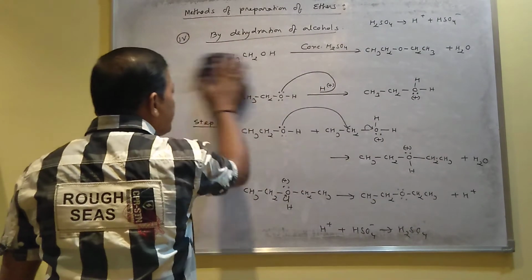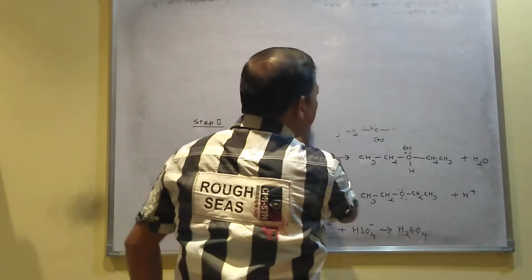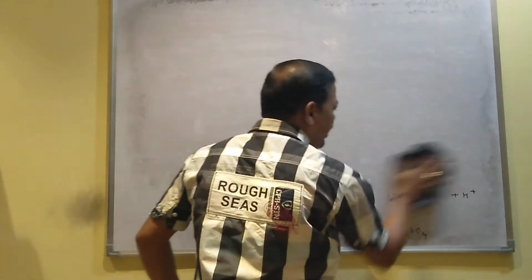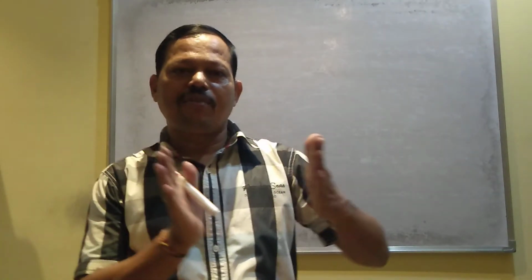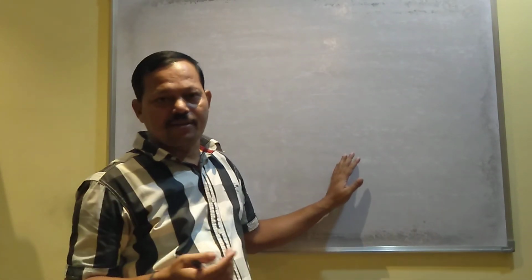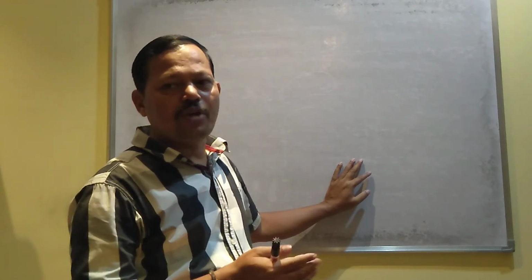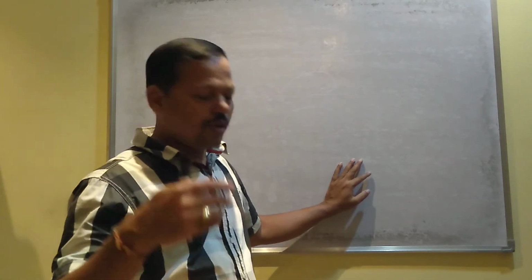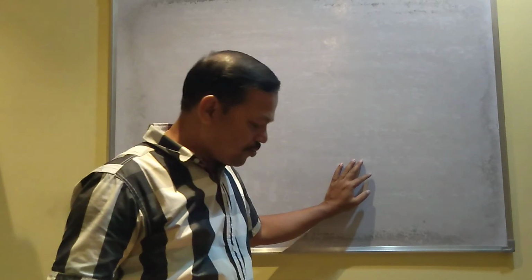So these are the methods of preparation of ethers, and in the next class we will do the reactions of ethers. After finishing the reactions of ethers, alcohol, phenol and ether will all be complete, and then we can do the question answers from your exercise. Almost all reactions we have done, only ether reactions are left. So in the next class we will finish it, then the second chapter of organic will also be finished. Thank you.